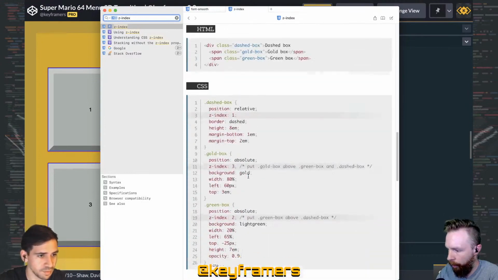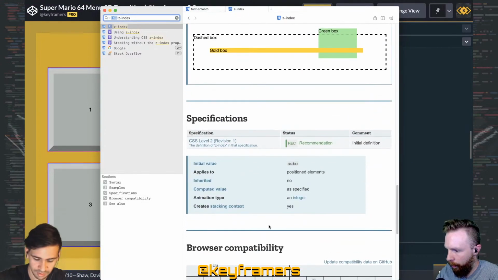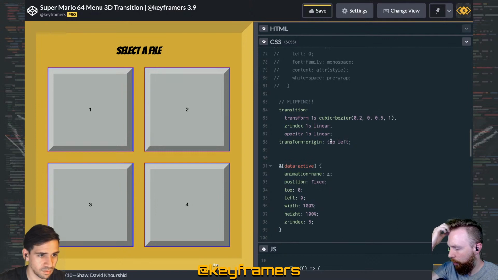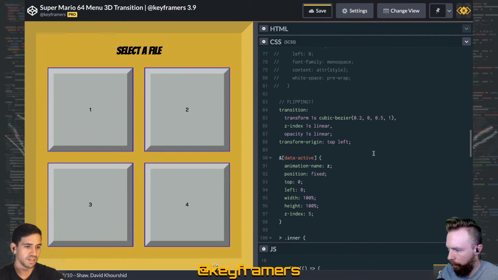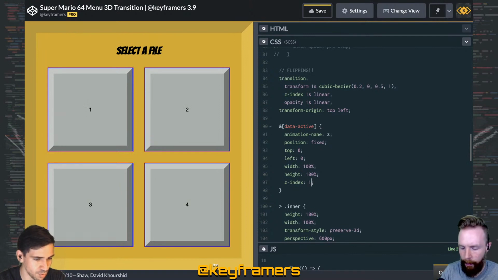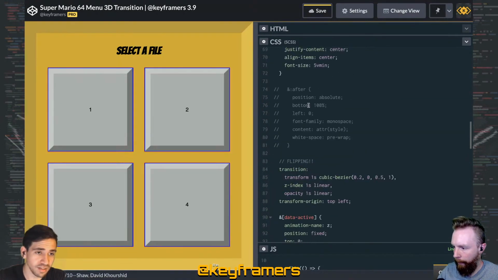Yep, that'd be really good to find out. It says animation type integer, so it should fully transition. Well, I don't expect it to go from like 1 to 0.5, just smoothly to 0. Yeah, but what I did was